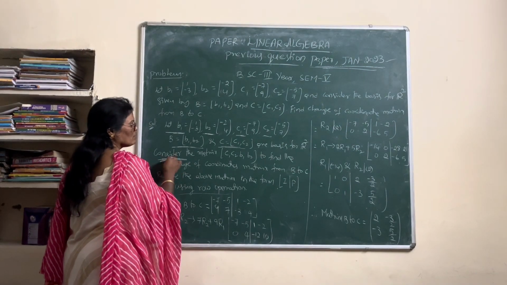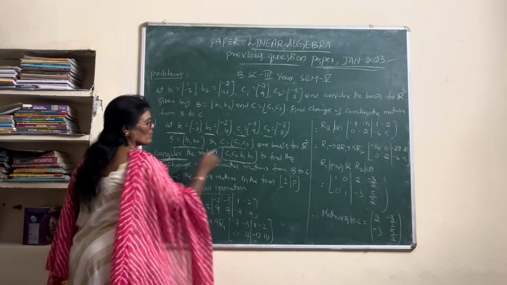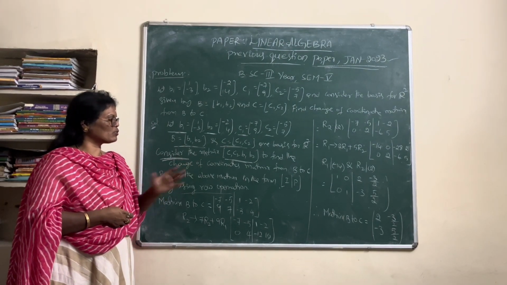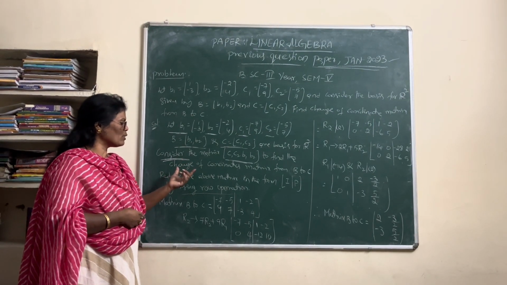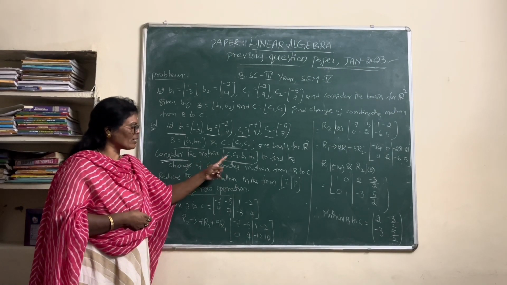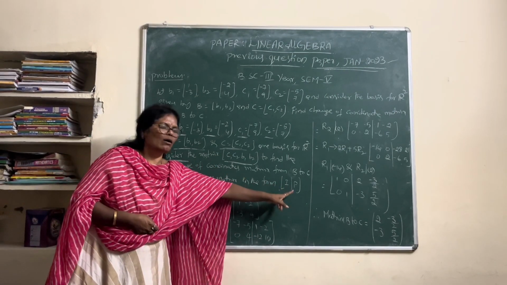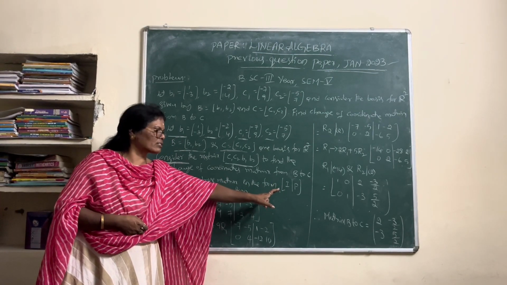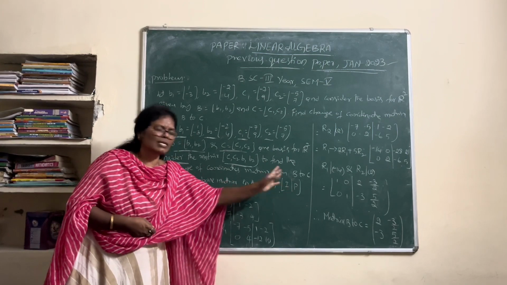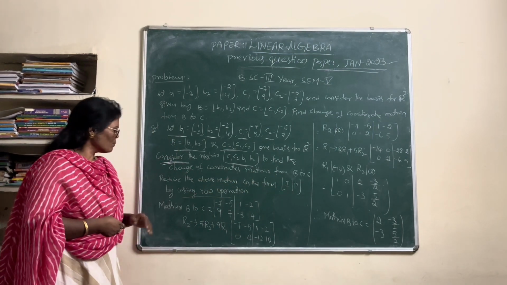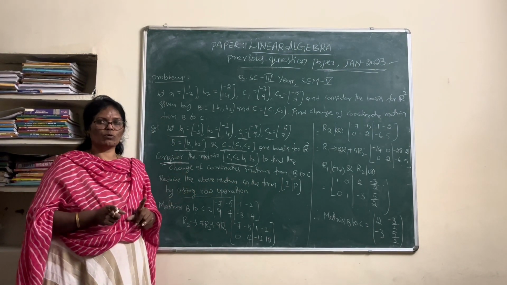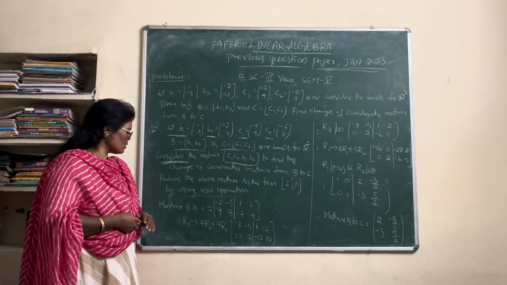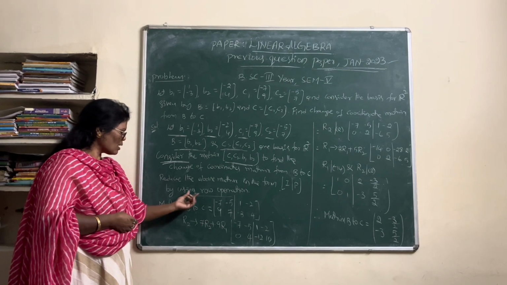Now we are considering the matrix [C1 C2 | B1 B2]. So we need to find the change of coordinate matrix from B to C. We need to reduce the matrix to the form [I | P], where I is the identity matrix, the 2 by 2 matrix 1 0 0 1, and P is the normal form. Okay, so we will apply row operations only, not column operations, by using